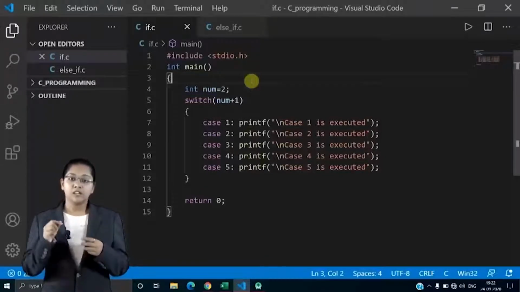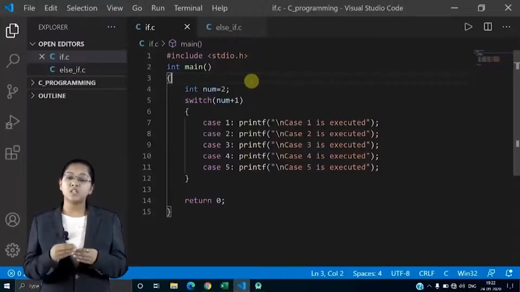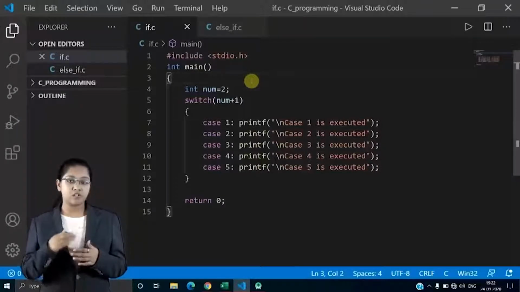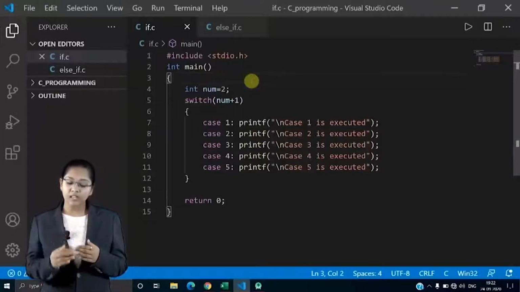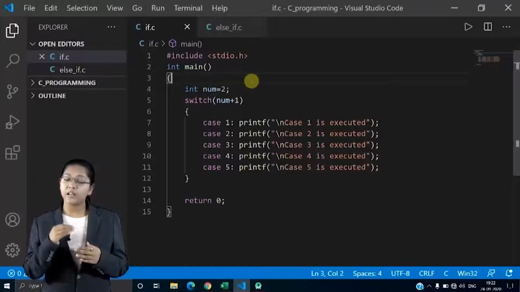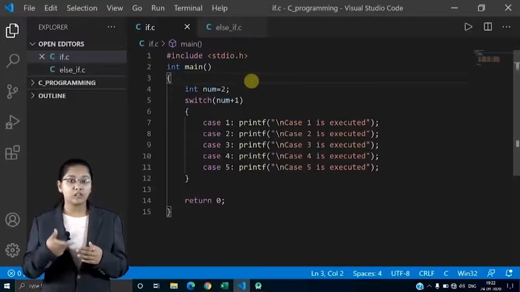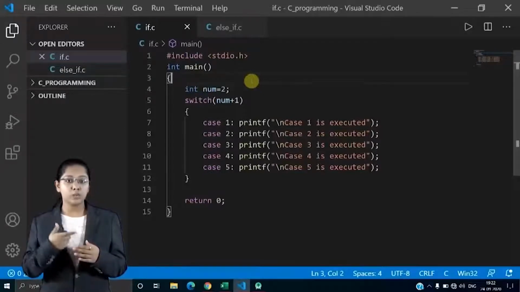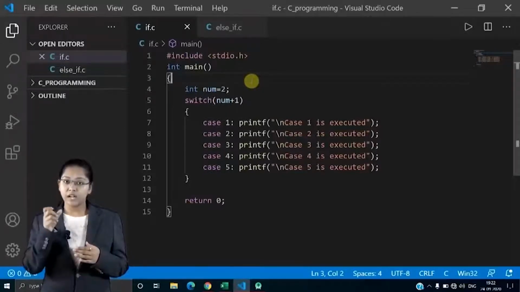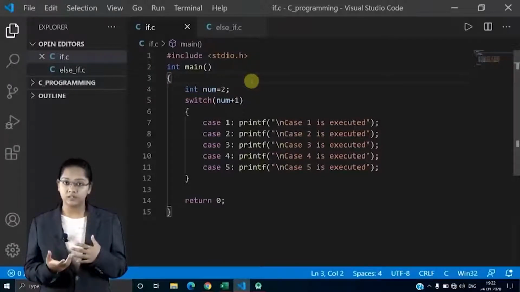Okay. Now, secondly, in switch case, you can see the expression. Let's come to that expression. What is that exactly? Here is how you can control the flow. Initially we declared int num is equal to 2. Again in the switch expression, I have written num plus 1. What it means is 2 plus 1, that is 3. So that expression's answer is 3.